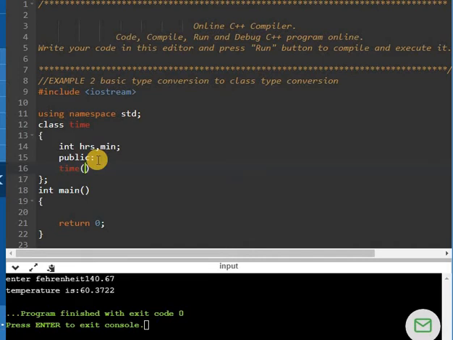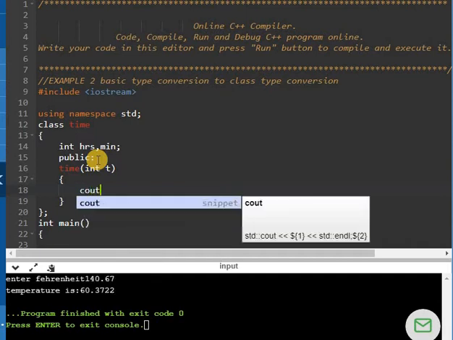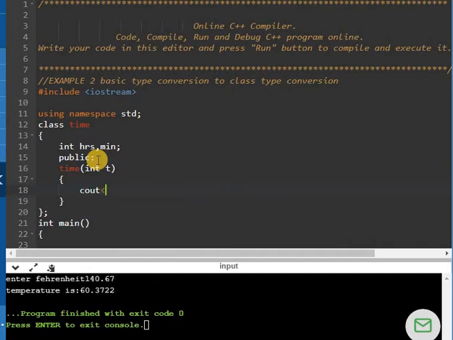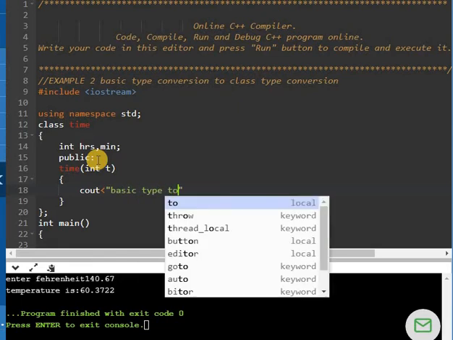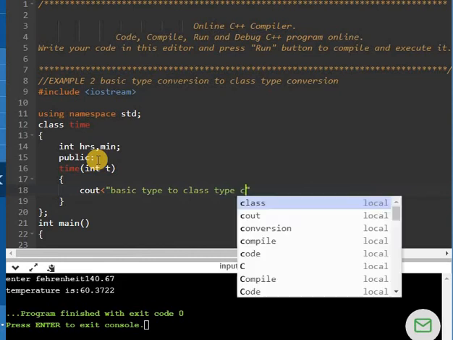Okay, so the conversion constructor will always have one parameter, and that parameter will be of the basic data type. So in this particular constructor we are just displaying a message: basic type to class type conversion.